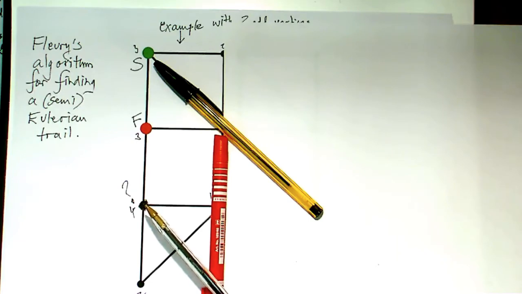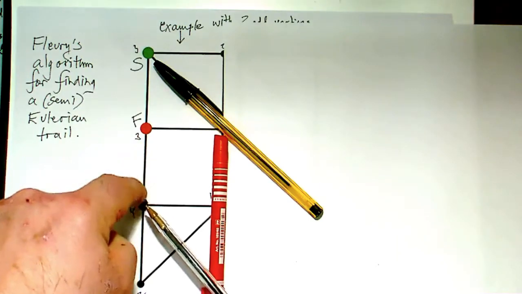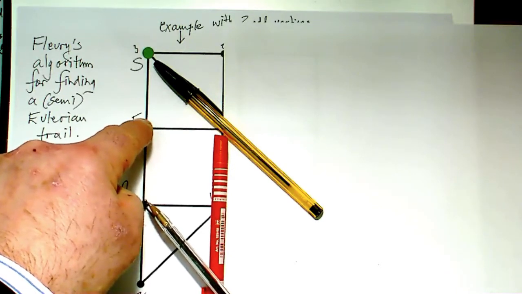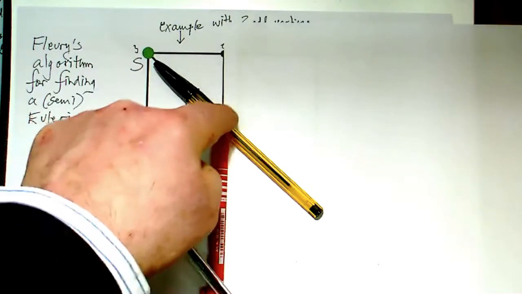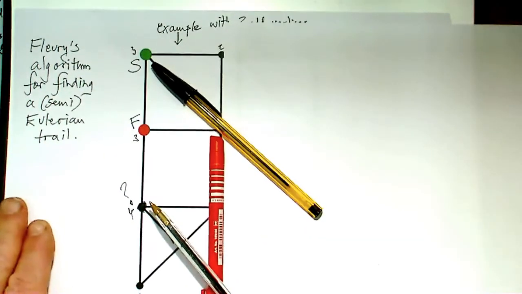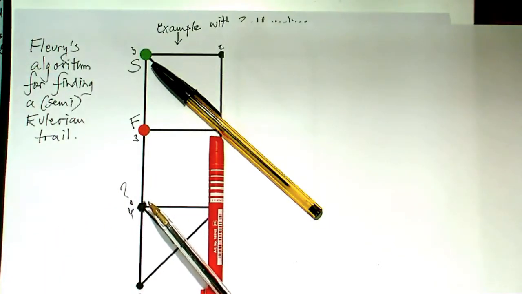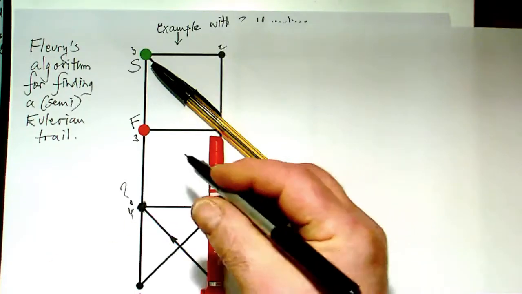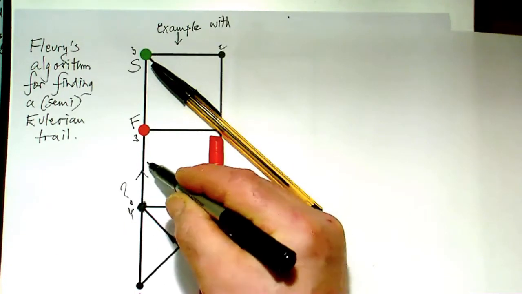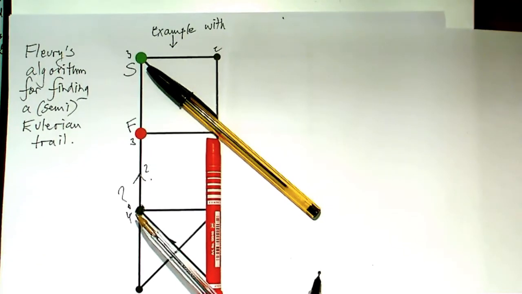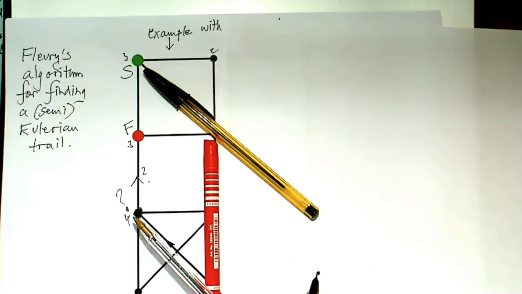And you see that if I were to go up this edge here, I'd be stuck. I'd already be at the finish. I could still tackle this square at the top, but I wouldn't ever be able to do the triangle at the bottom. So I'm asking the question, should I use this spare edge? I haven't used it yet. I've got to this point there with the question mark. Should I go upwards? And the answer is obviously no, because if I go upwards, I can't do the bottom triangle. And the problem is that